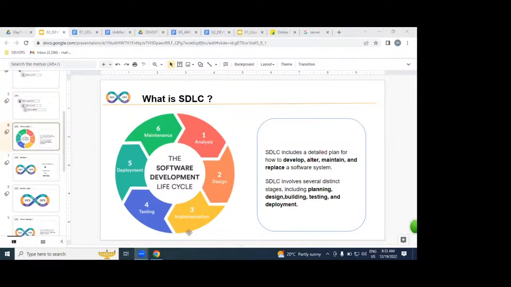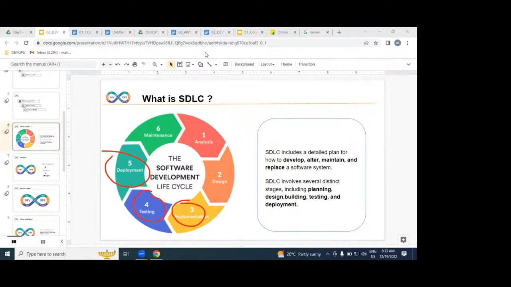Developers are working on where exactly? In the implementation part. Testers, DB administrators, DevOps engineers, AWS engineers, Linux administrators, all together, we are going to be working in SDLC.